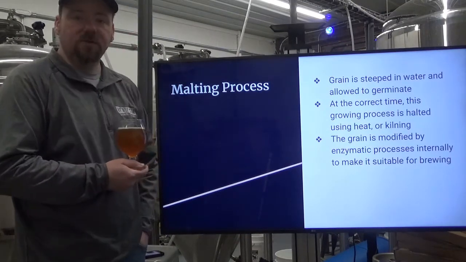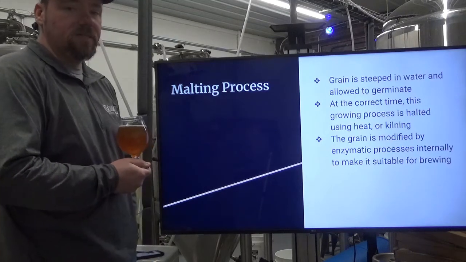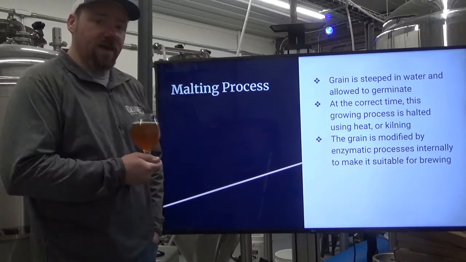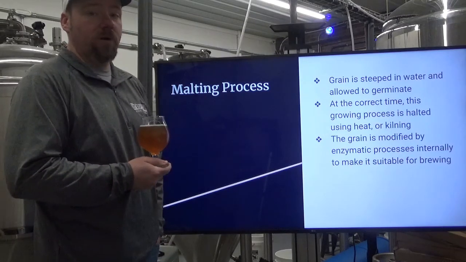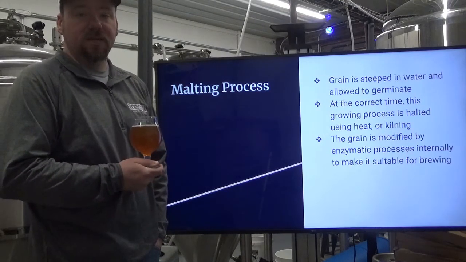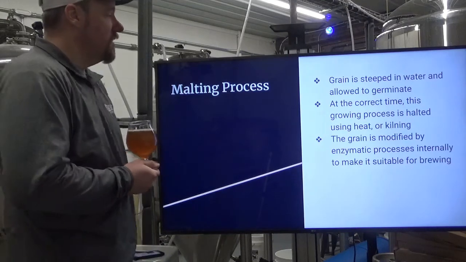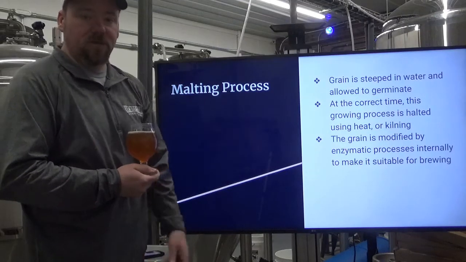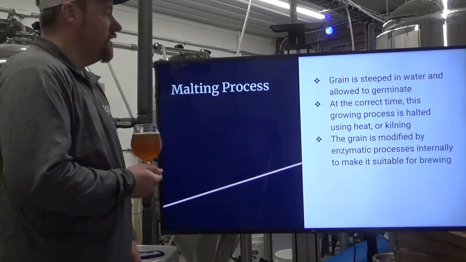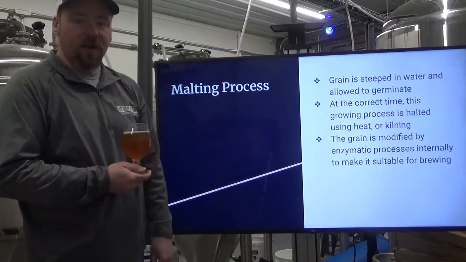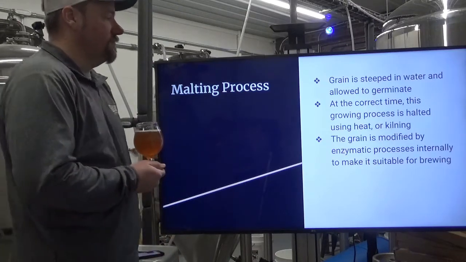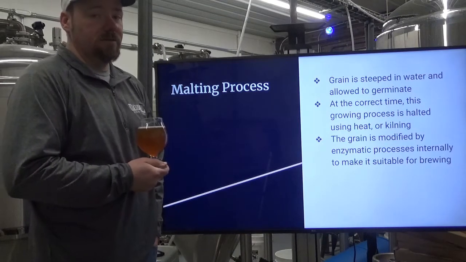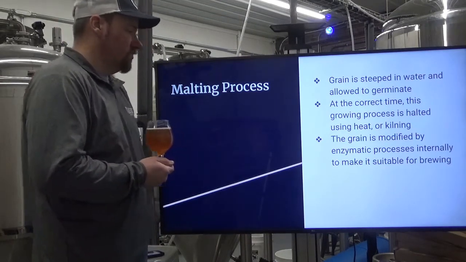So, in order to use it for the brewing process, the barley has to be malted. Basically that is beginning the growing process, but then stopping it at exactly the moment that we want it to. So of course the grain is steeped, just like if you put it in the ground, you have to water it in order for it to grow. So the grain is steeped in water and allowed to germinate. At the correct time, that is stopped by a process called kilning, where heat is used to basically kill the